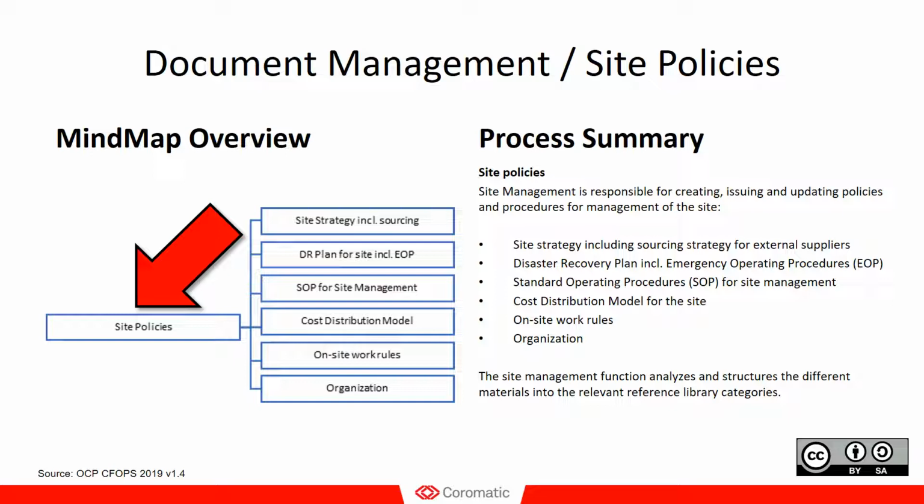The next one is the disaster recovery plan and emergency operating procedures. In an optimal world, you will never have any events or incidents or problems. The site will just function, but that of course rarely happens. You do get problems and incidents, and if you do not manage them well enough, you might even end up with a disaster, and that's when you need the disaster recovery to come back again to regular operations as soon as possible. But while being in the non-standard mode, you do need to have your emergency operating procedures